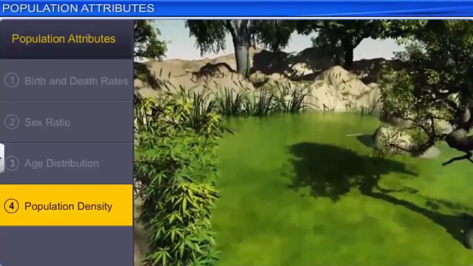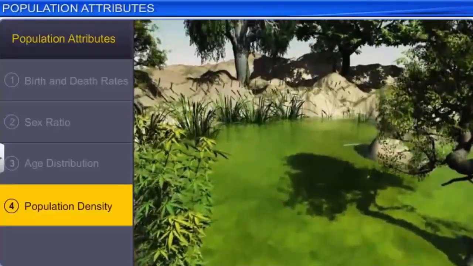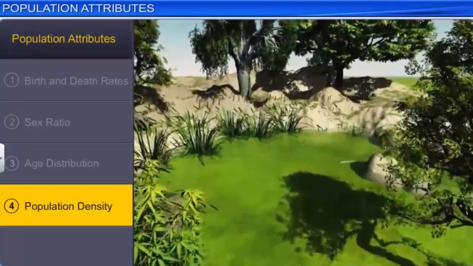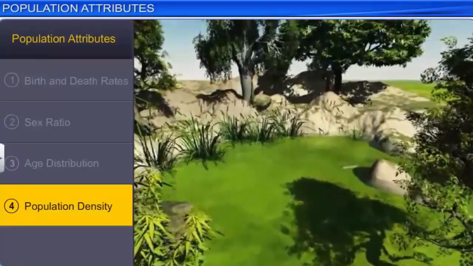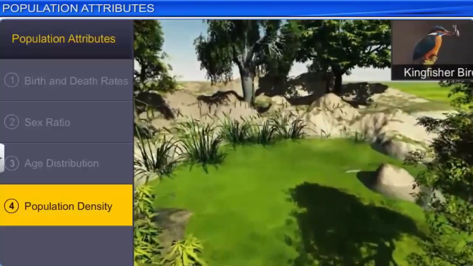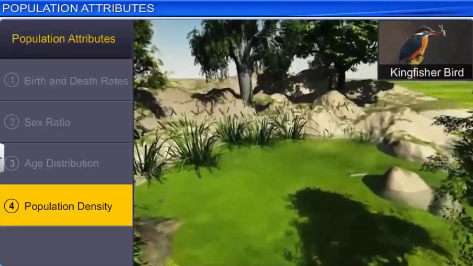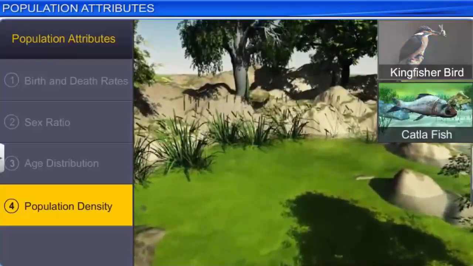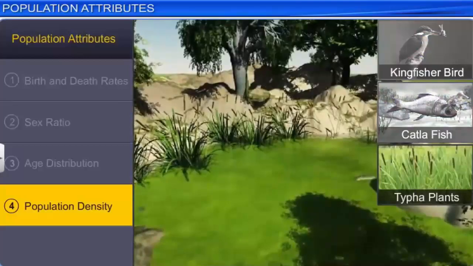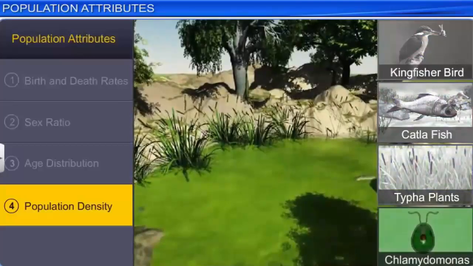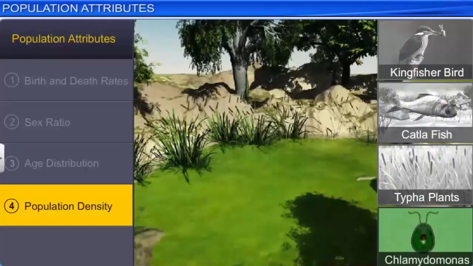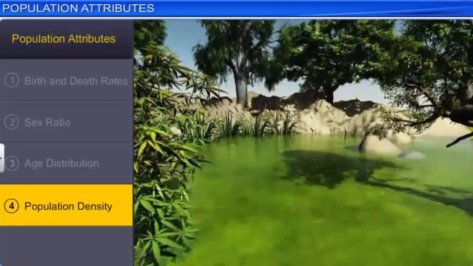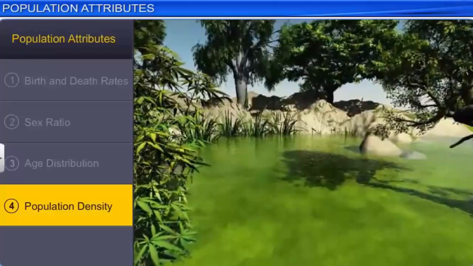Moreover, a habitat may consist of several populations of different sizes. In this wetland, for instance, there are only 10 kingfisher birds, hundreds of cutla fish, thousands of typha plants, and millions of Chlamydomonas. Although the total number of individuals of a species provides the most appropriate measure of its population density,